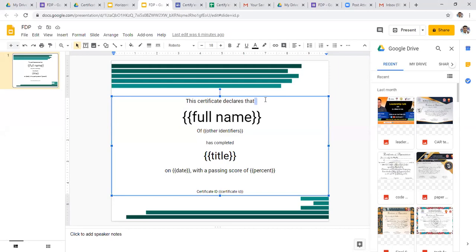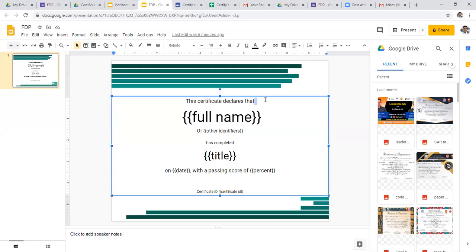Is it visible or not? Yes, sir. So in the feedback form, the first one is your Gmail ID. Then the second one is your full name. Then the third one, if the third field is your college name, it is automatically taken. If the third field is your designation or your department, it will take it automatically. No need to change.